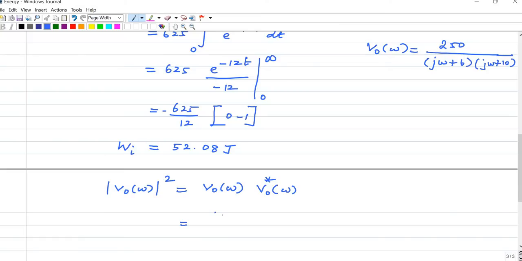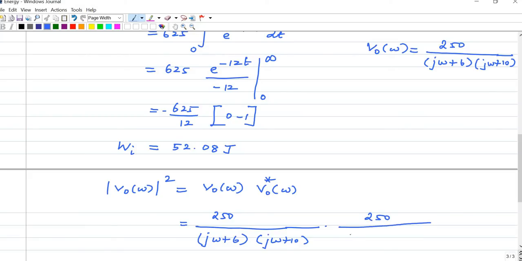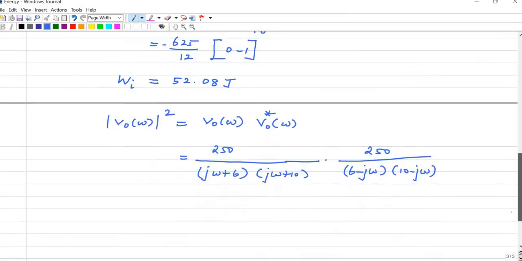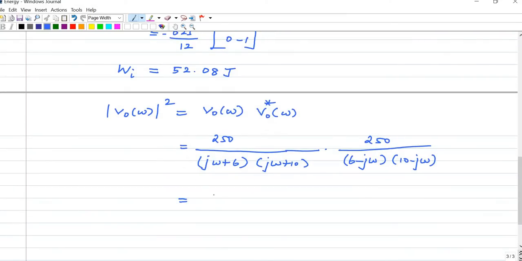So numerator 250 over j omega plus 6, j omega plus 10, multiplied by 250 divided by 6 minus j omega, 10 minus j omega. If I multiply numerator 250 square, which is 62500,